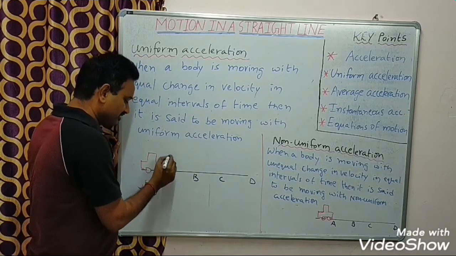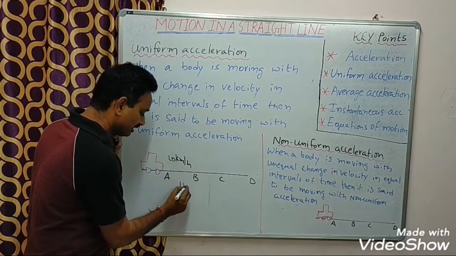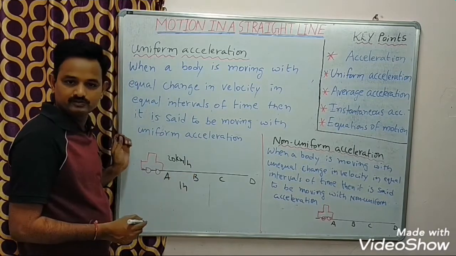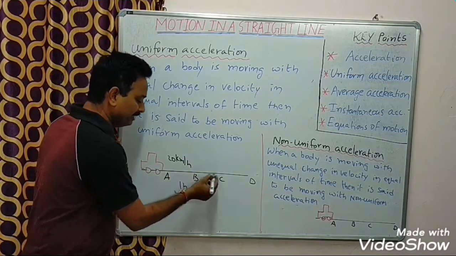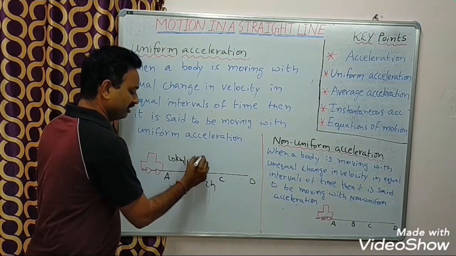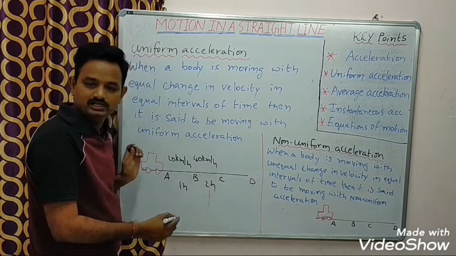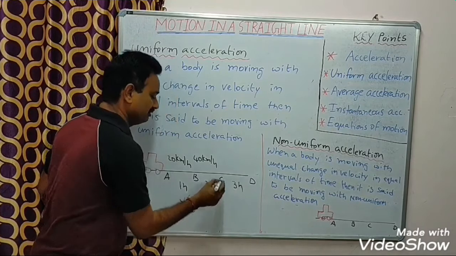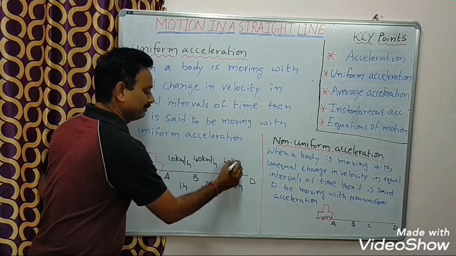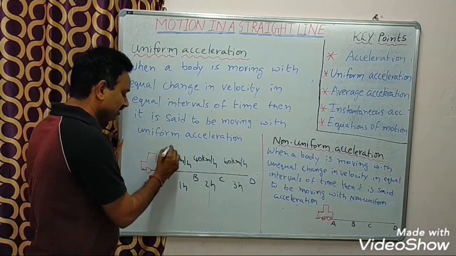It moves with velocity 20 km per hour in the first 1 hour from A to B. Next, from B to C in the second hour it is moving with velocity 40 km per hour. And from C to D in the third hour it is moving with velocity 60 km per hour. Here if you observe the change in velocity